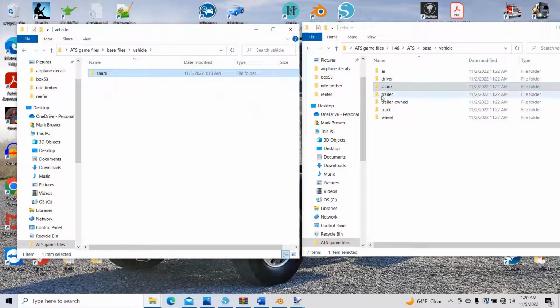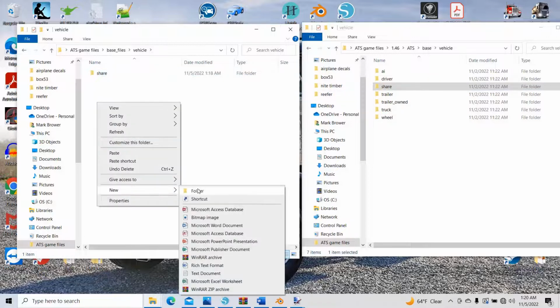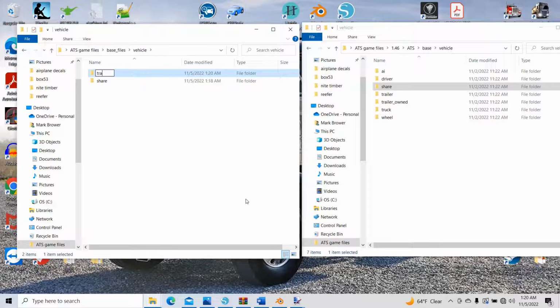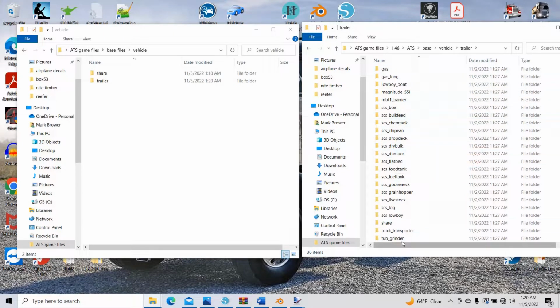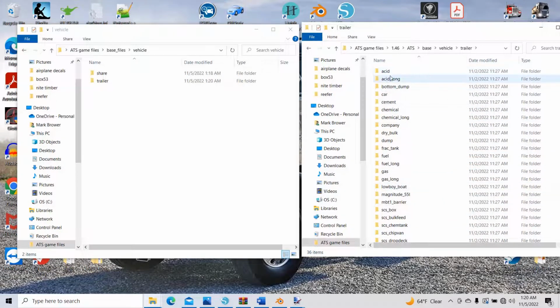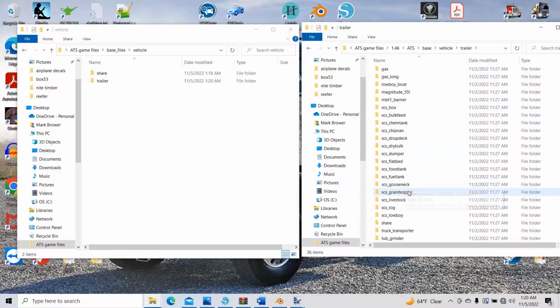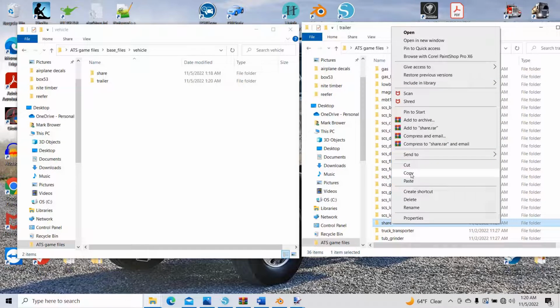All right, and then I need this trailer folder. So I'm going to create this trailer folder. And inside this trailer folder, you're going to see all the trailers that are American Truck Simulator. But I don't want to copy all of these over. The only thing I want to copy into my base files is this one share folder here. So I'll copy that